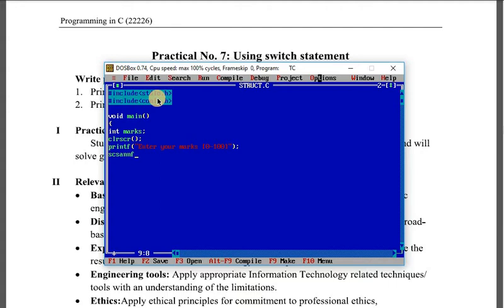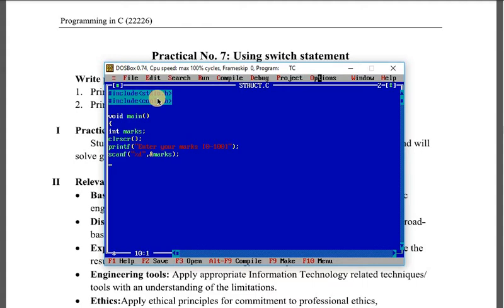After that, by using scanf we are taking the input from the user. In double quotes %d, comma, address of marks. So whatever is entered by the student is stored in the variable marks.